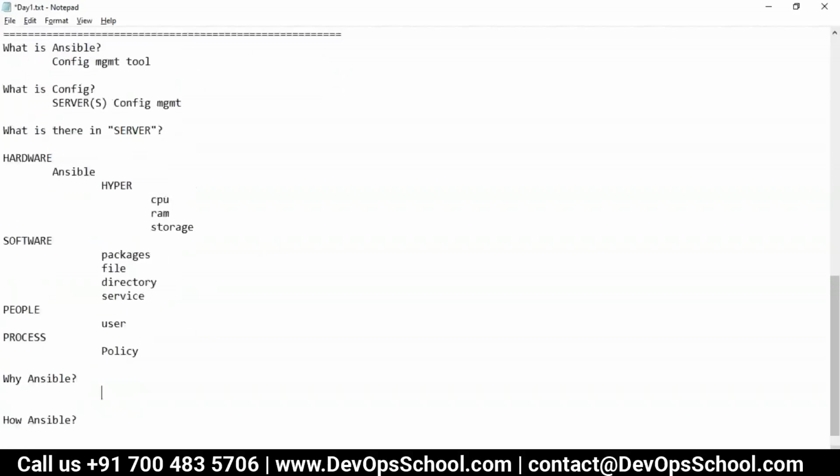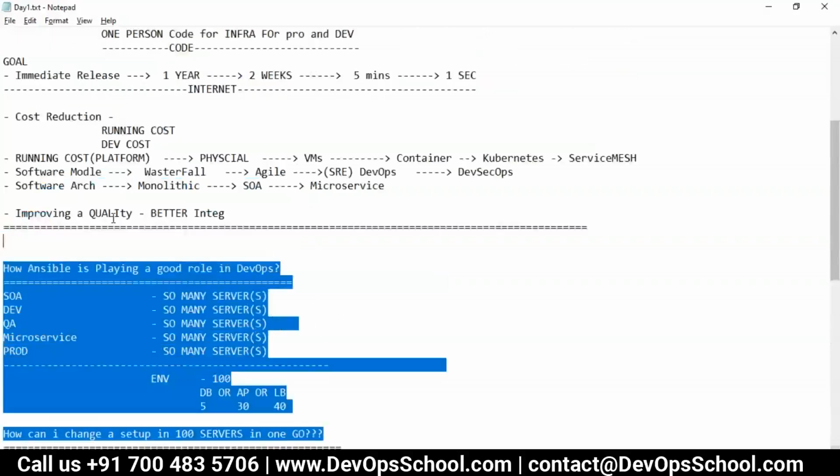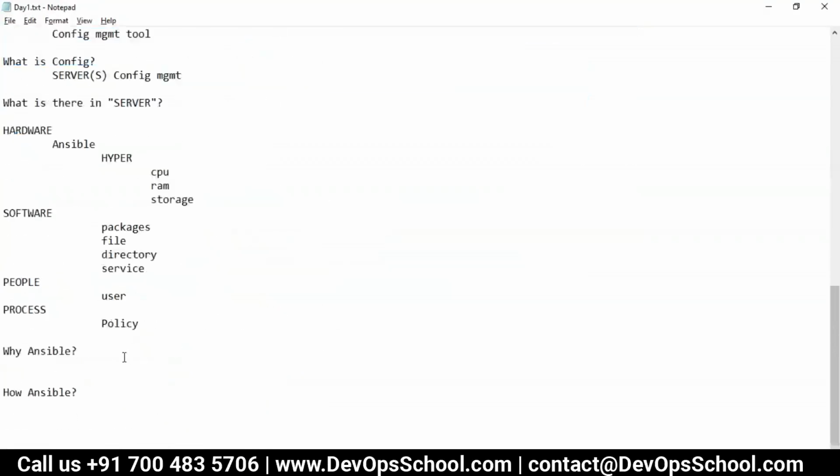Now, why Ansible? Here I gave you the broader picture of it in the context of the big picture, but here we have to talk about why Ansible. Because it can deploy. When I say deploy or change, because many people like to use many things, all the keywords I'm adding here.